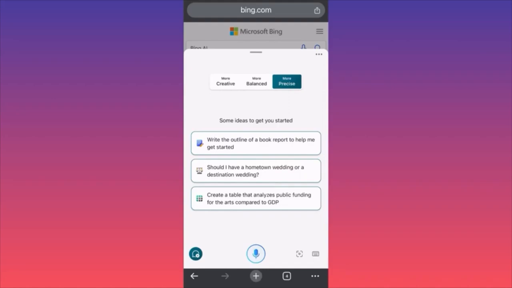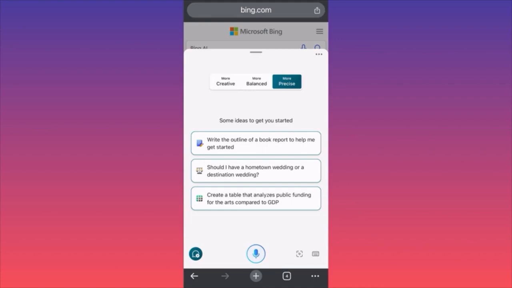Hi guys, in today's video we're going to go through the Copilot AI assistant from Bing. AI Copilot is simply helping you to analyze and distinguish very complicated material, studying material that it can analyze for you and give you analysis. Let's dive into the actual functions and see what is the main point of using the Copilot versus using the Bing Chat AI or using Bing AI or using ChatGPT.